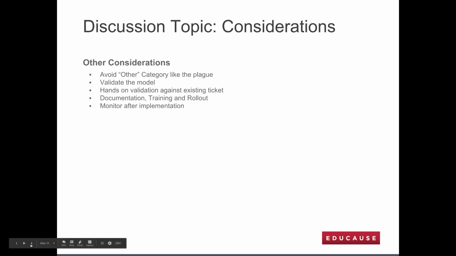Then fourth bullet here, documentation, training, and rollout. Critical. You want to document what you're doing, why you're doing it, and this is just more for process in the back end. And it's documentation, how to fill out an incident ticket. Why do you pick these selections? How does category drive type drive the item, the subcategories? You need to come up with a training program, right? What does that look like? Training. Is it going to be webinars? Is it going to be stored webinars? Is it going to be documentation? So you have to take that into consideration.